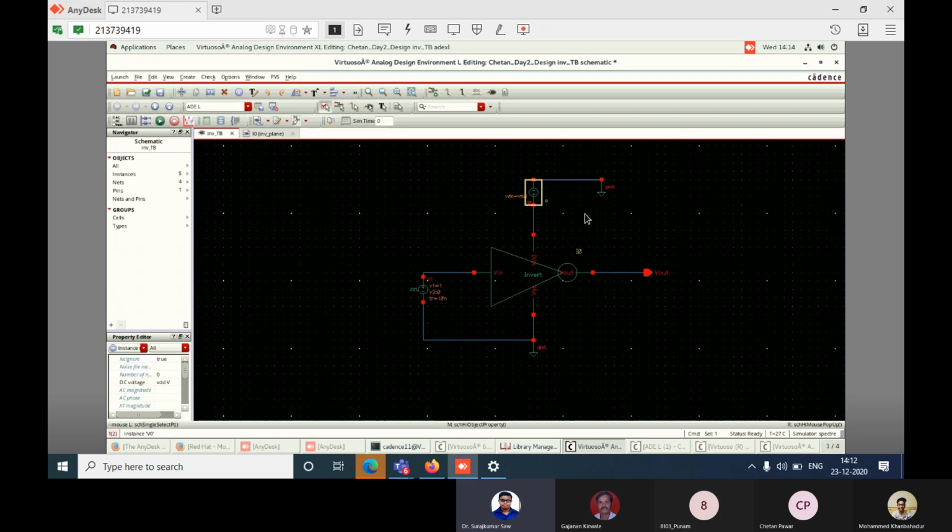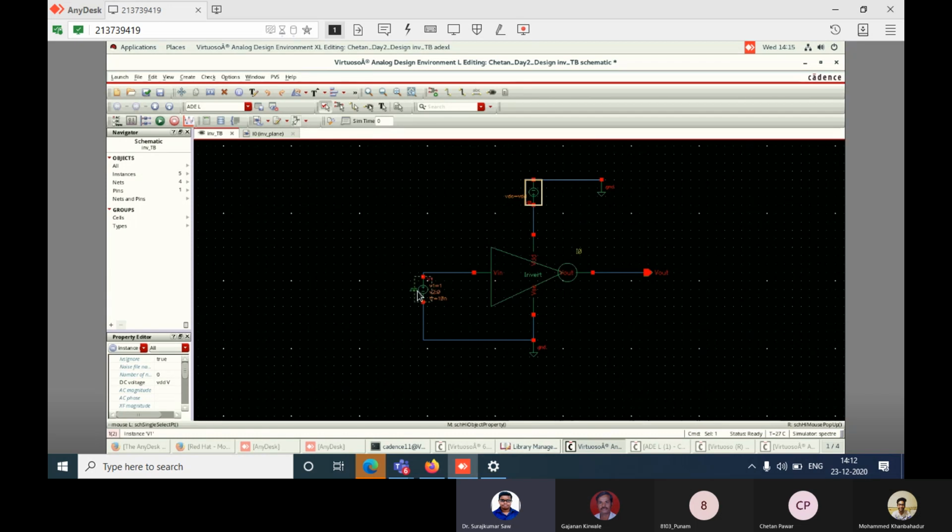Okay, sir. See what we have done. We have given some parameter, a constant value like VDD, and we want to vary it. We want to vary it by 5% deviation. Let's say from 0.95 to 1.05, plus or minus 5%. What would be the effect at the output, that we'll see.